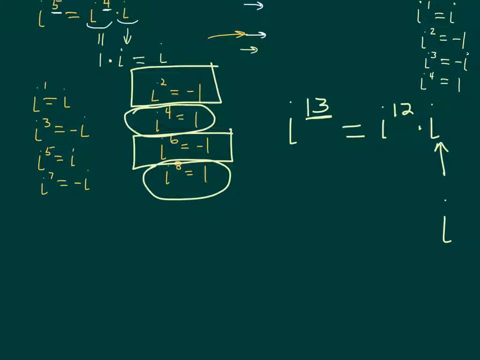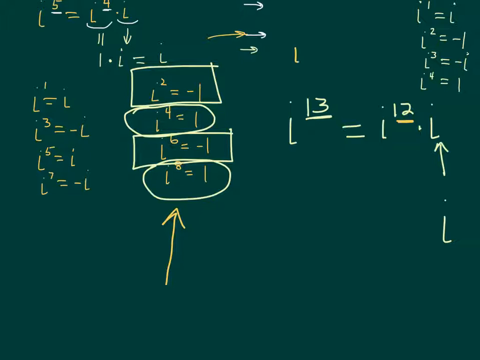Now we need to figure out, is it going to be positive or negative? Well, all of this information helps us figure out whether i to the 12th is going to be positive 1 or negative 1. Since 12 is divisible by 4,